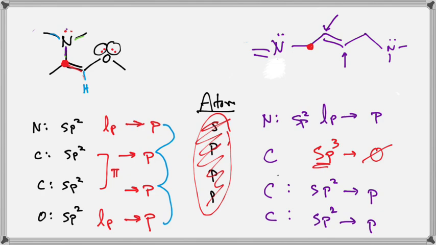Why is that important? When we talk about resonance, what do we need to do resonance? We need overlapping p orbitals. And if I have an sp3 atom sitting in the way, there is no p orbital to overlap with, which means you can't do resonance through that atom. It blocks the system. So that observation of where the lone pair was relative to the pi bond was critical, because what that's setting up is p to p to p to p,